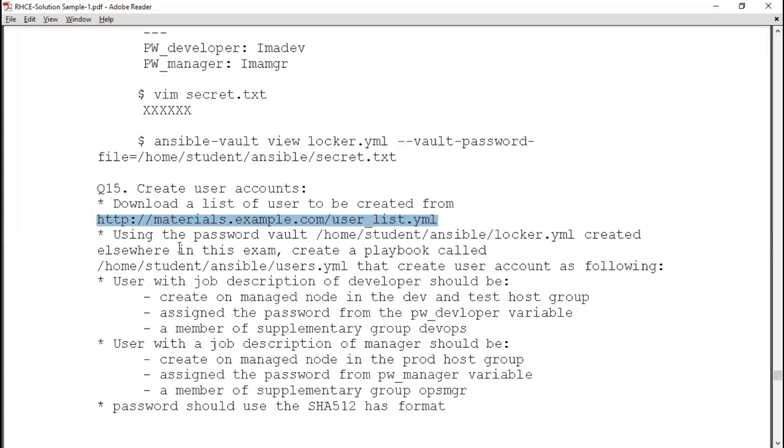Fine. Then using the password vault, home student locker.yml. We have created the password in this locker.yml. In this exam, create a playbook called users.yml, where we need to call the password which we have defined there.